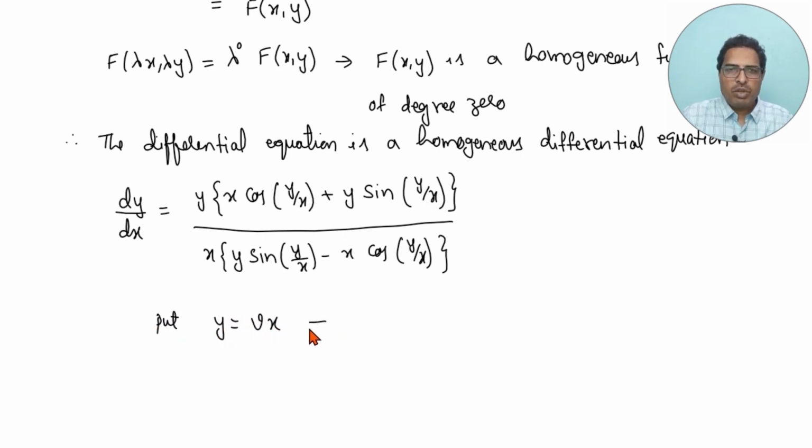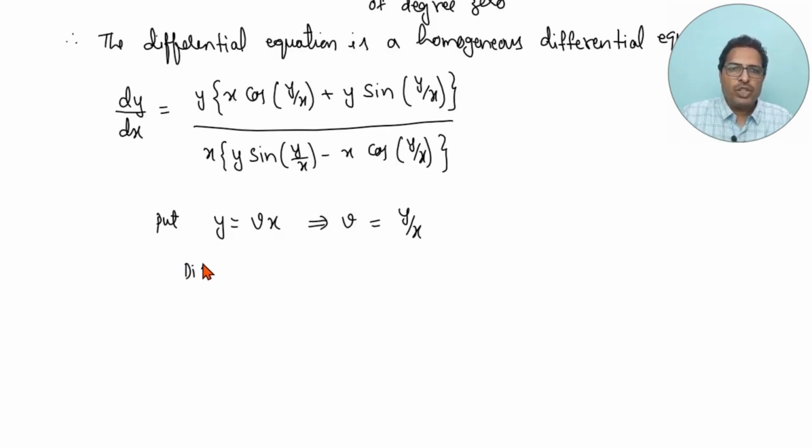If you want to find out the value of v here, just cross multiply that x on the other side, and we will be getting y by x. If you cross multiply x, you will be getting y by x, and this y by x will be v. Let us try to differentiate this one with respect to x. So we get the value as dy by dx is equal to,